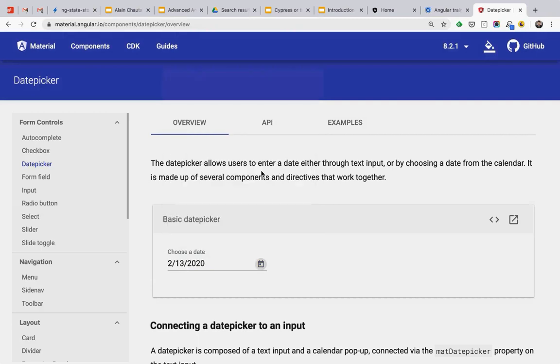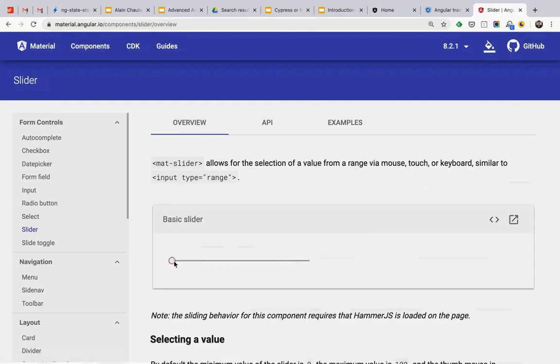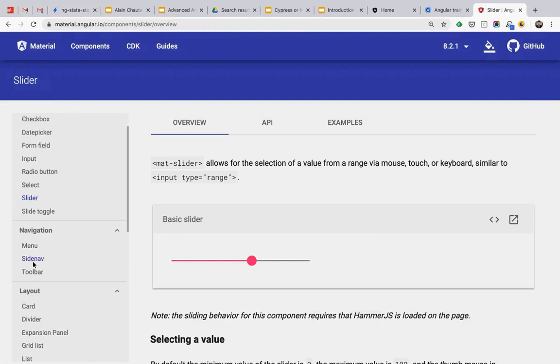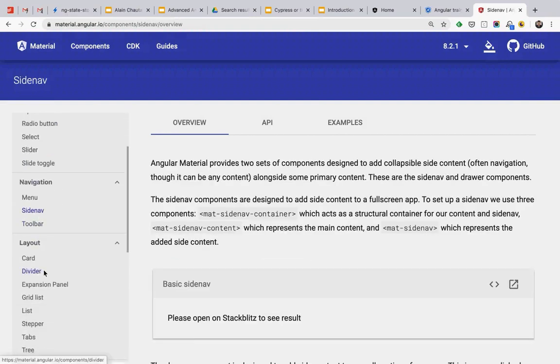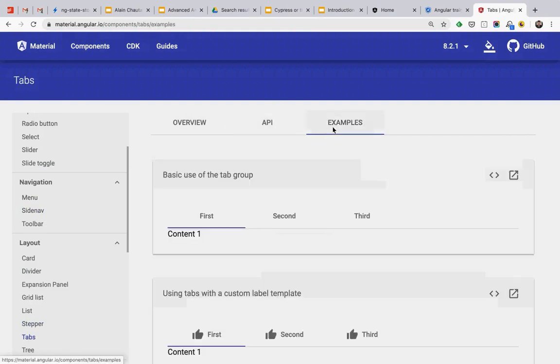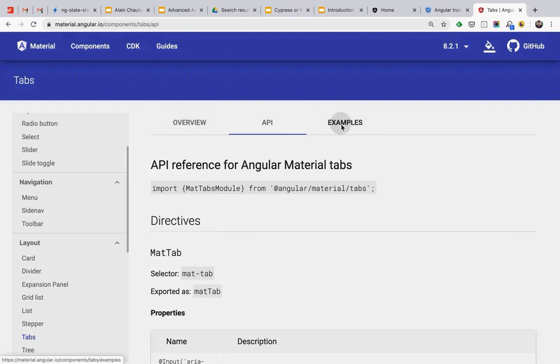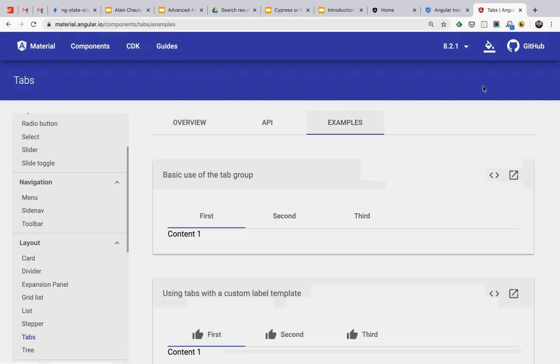So move to different months, select the date, and all of that. So there's many different ones. They have a slider as well, which looks pretty good. They have side navs, toolbars, grid list, tabs. Yeah, tabs would be tough to write. So these tabs here, that's Angular Material. The same thing when I click, there's animations, transitions, all of that CSS code that would be very painful to write, to get it for free.